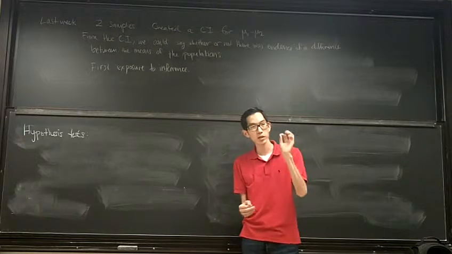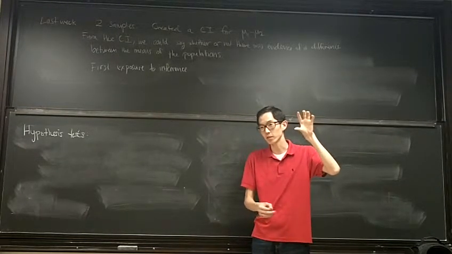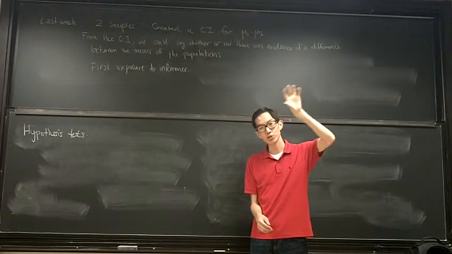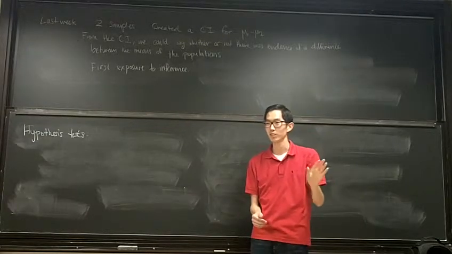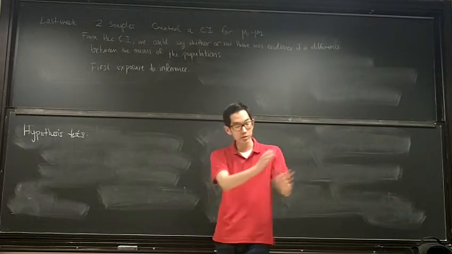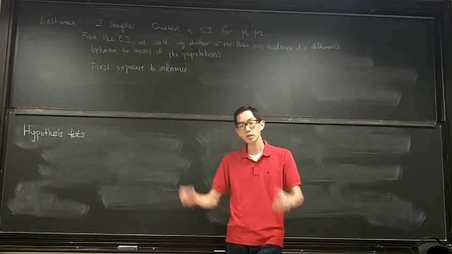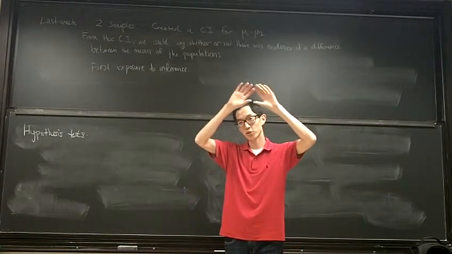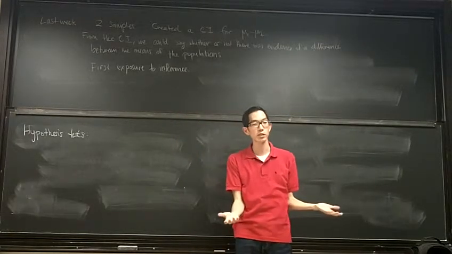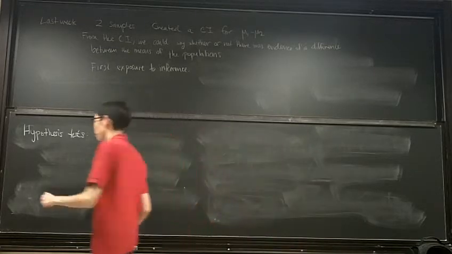And the idea behind a hypothesis test is we set up a hypothesis called the null hypothesis. And either the null hypothesis is true or it's not. Okay? And then we look at our data. And then we say, well, let's assume the null hypothesis is true. If it's true, what is the probability that I would observe my data? Okay, so let me just